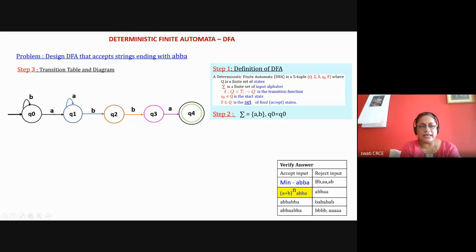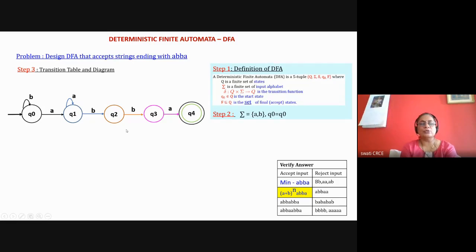So if the string is double B A, it is ending with A double B A, so it will go to the final state. If you go back to Q0, then it will not accept. As a trial and error method, if you think it should go to Q0, you draw it and then verify your answer. Take the string A double B A. In that case, it is not going to the final state, so it is wrong and you need to change it. Now that is done. The state Q1 is over.